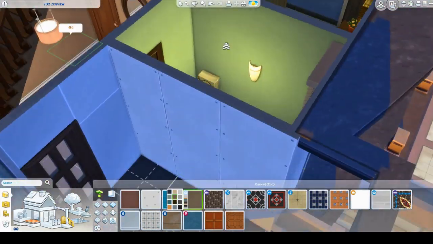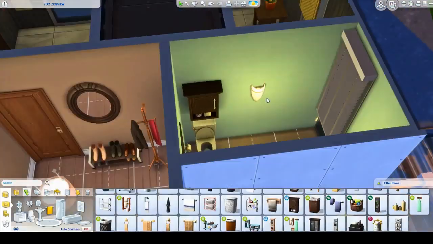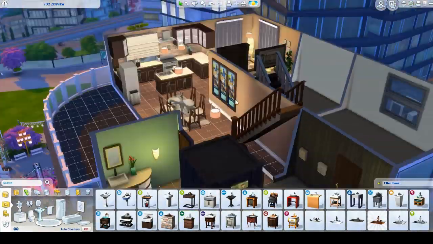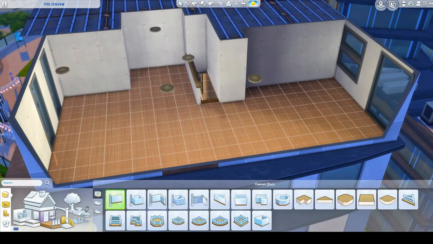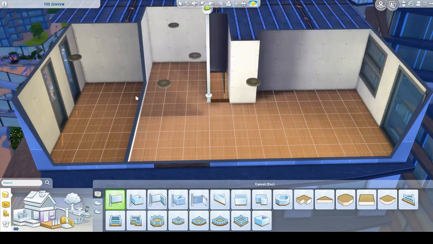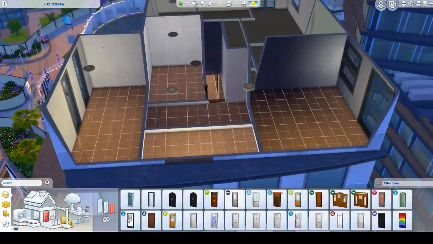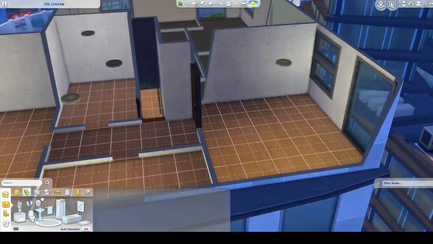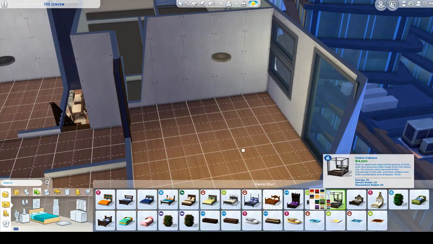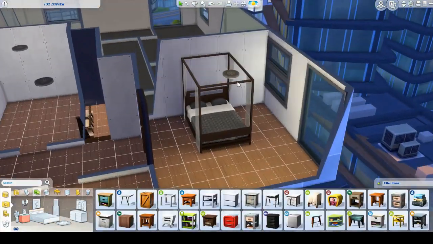So this is the main floor half bath, and then upstairs there is a full bathroom. I just really like this apartment. I have saved this apartment because I do want to live in it at some point. I'm not going to play this family, but possibly in my aspirations challenge, I think it'd be a really fun apartment to live in. I just love the way that it's furnished, so you'll definitely be seeing my Sims live in this apartment at some point because it's one of my favorite apartments that I've built.